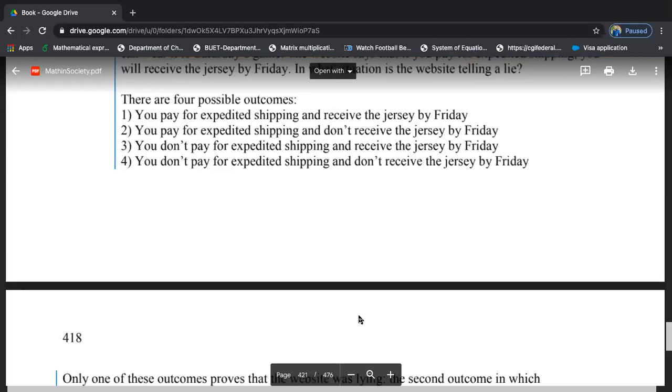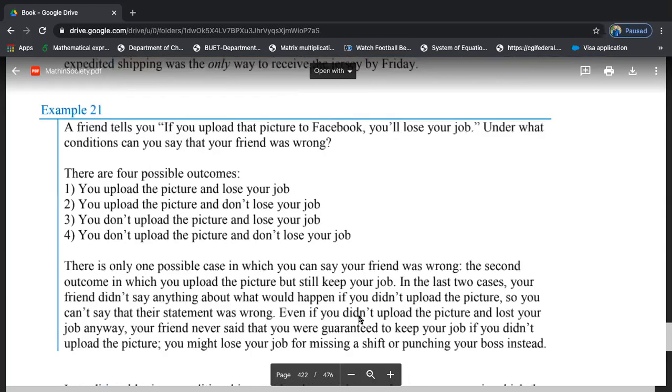So what it's trying to say is that if you somehow upload that picture, if your friend somehow uploads that picture, if that's true, then definitely he will lose his job. That means the next part of that statement is going to be true as well. And how,